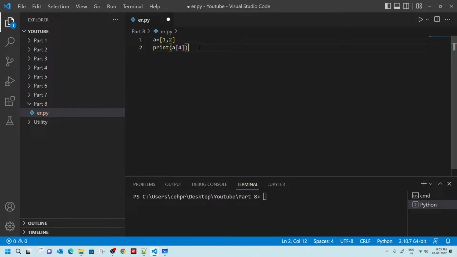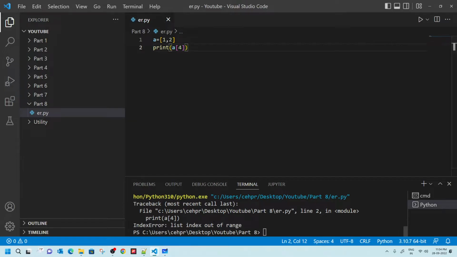Okay, I will say print a of 4. Now when you go ahead and run this code, what will happen? There will be a long list of traceback which the user can't understand. So it's good for the developer. It makes sense for us that the list index is out of range, but the end user may